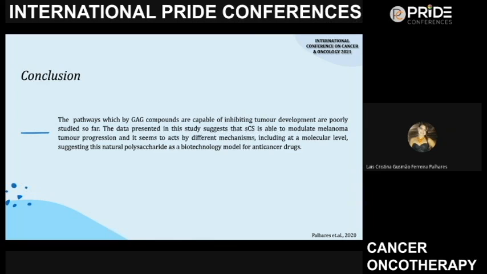I also would like to say that all the in vivo studies that we've done confirmed everything that we've seen in vitro, both in inhibiting tumor growth in mice and in decreasing angiogenesis as well. As I said, it's an ongoing publication. We are writing the paper right now. But if anyone has any curiosity, we can of course talk later about this.